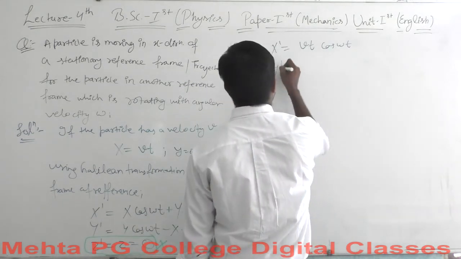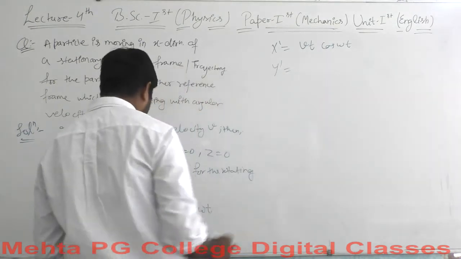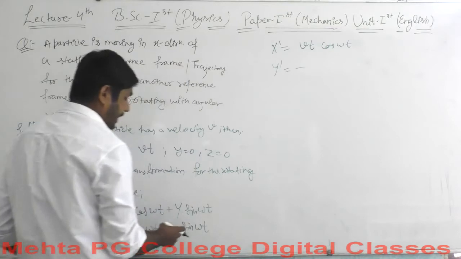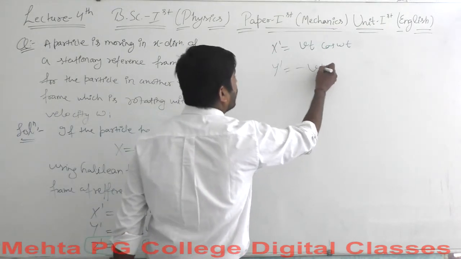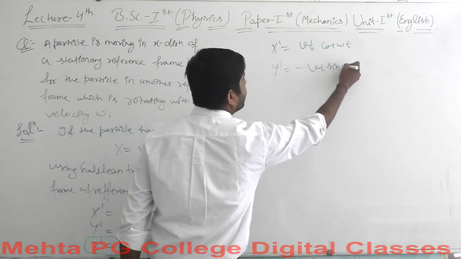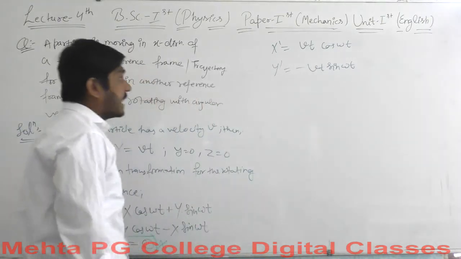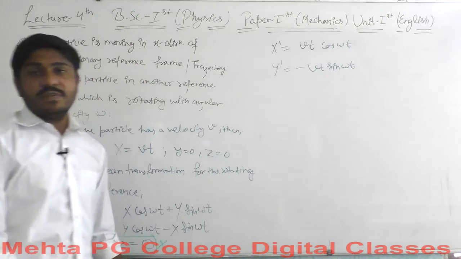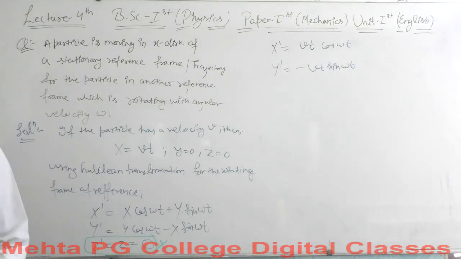Again for y', y equals 0, so the only value that remains is for the x axis, Vt sine of omega t. Okay, the x' and y' values are calculated, and z' is again equal to 0, so we do not need z'. Thus the coordinates of the particle in the rotating reference frame are...